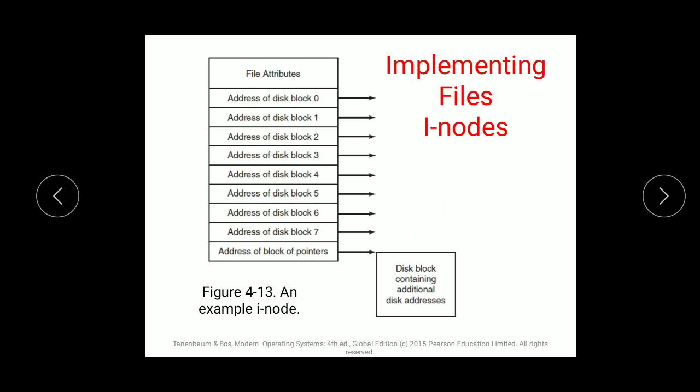Then the last disk address is reserved for the data block containing disk block addresses. All the disk block address pointers will be there in the last block. The reason is each inode has space for a fixed number of block addresses. If a file grows beyond this limit, this last disk address has to point to a disk block containing additional disk addresses. So it has some limitation for entering data into the inode. If it is exceeded, it will point to the last block, that is, a disk block containing extra space for that arrangement.